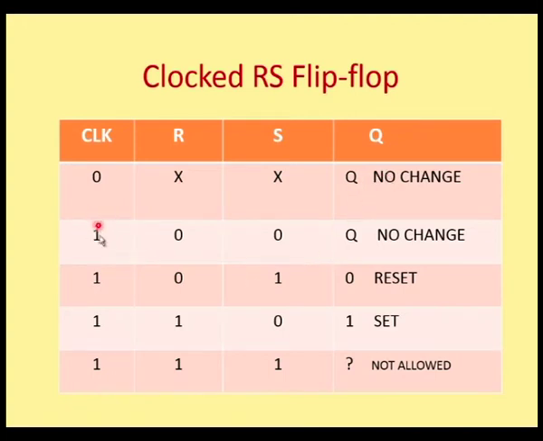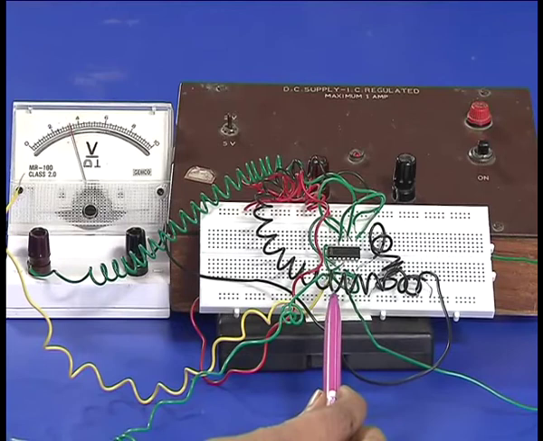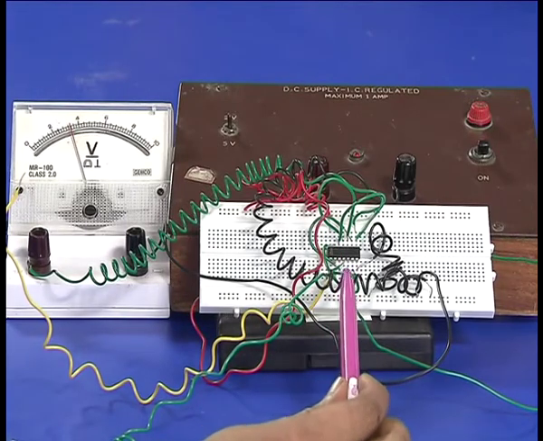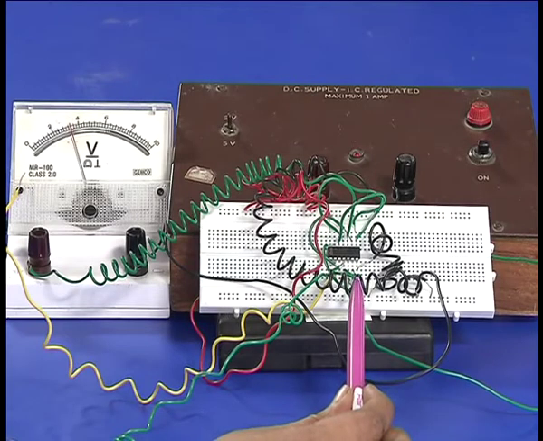Only when the clock is enabled, it obeys its usual truth table. In this, students, you can try to convert a SR flip-flop into a SR clocked flip-flop. What does it mean? In this case, we are going to use a clock pulse in order to enable our flip-flop. Fine.